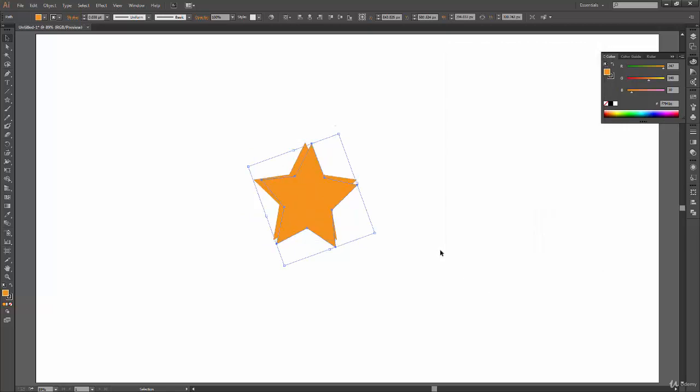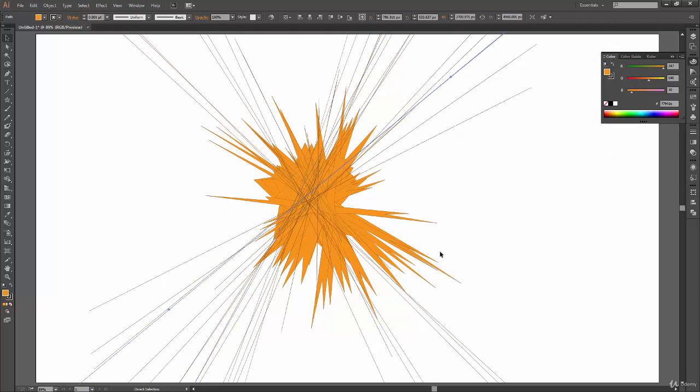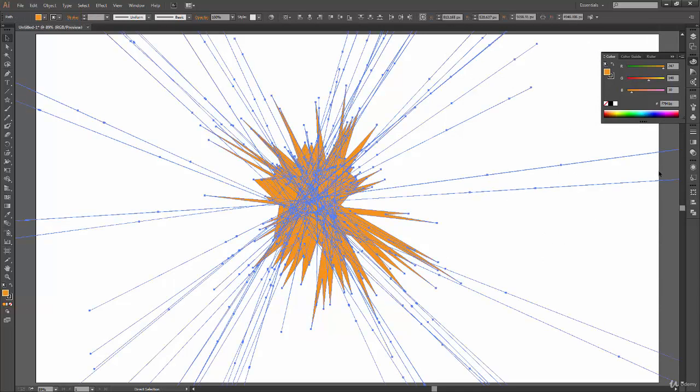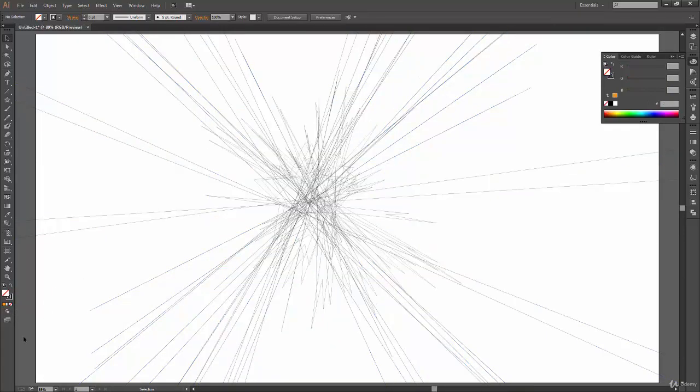Click on copy and then press Ctrl D. So it has created something like this. I don't know whether it makes any sense or not. Let's have fill none, and yeah, it gives a little abstract design kind of feel, and you might want to use it somewhere. I don't know where we should use it, but yeah, it's just a demo of all we can do using the transform each option.